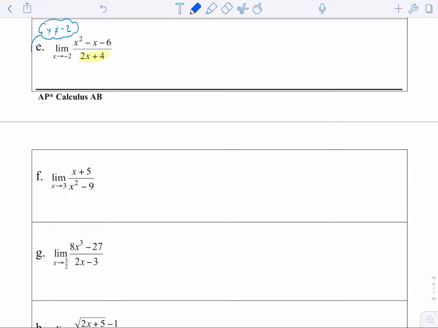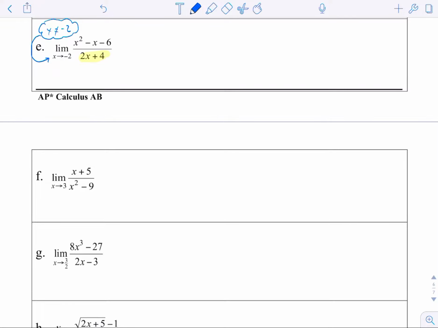And hey, look at this. We're plugging in an x value of -2. So we know that when we have a limit approaching a value that makes the function not continuous, it means we have to use another strategy besides direct substitution. So which strategy do we actually need to use? And that kind of depends on